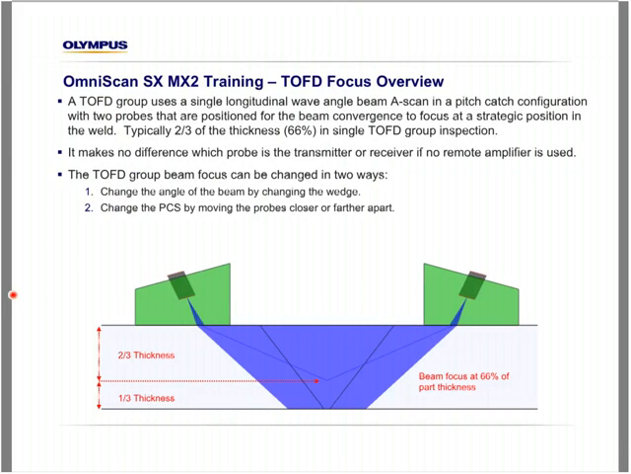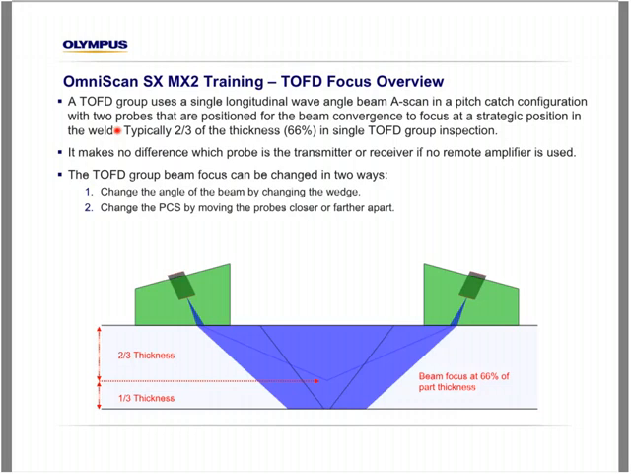In creating a Toth group, we're going to focus the probes based on the angle of the wedge and the PCS, or probe center separation, of the two probes. The focal point is controlled by both of these parameters. In the majority of our single group inspections on materials less than approximately 50 millimeters, we're going to focus the probe beams to intersect at approximately 2/3 or